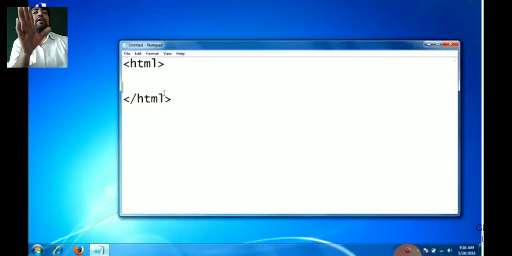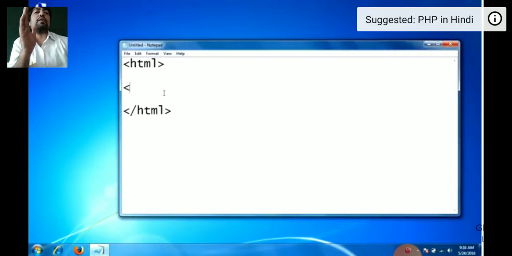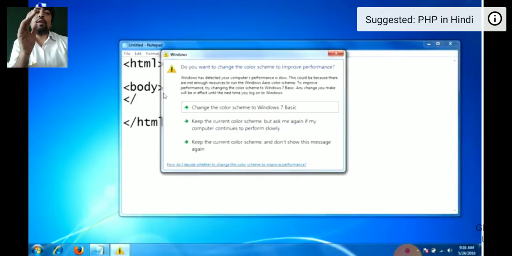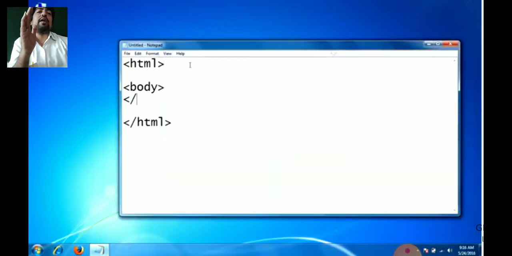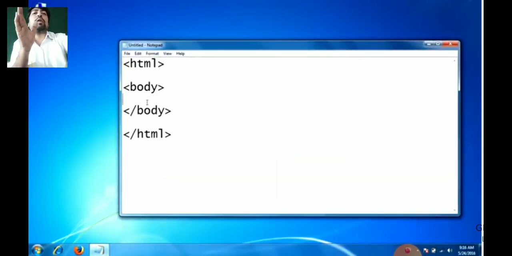Whenever writing the HTML code, the next code will input the different data into the HTML. Whenever I want to input the document area into the HTML, then the body tag will be useful.